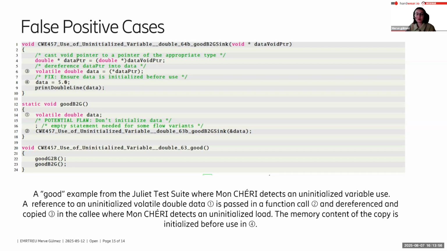Normally you don't expect a developer to write this kind of code. From MonCheri's perspective, it is still an uninitialized memory access, because the operation bound is still 0 for this data, but we are loading into another variable. From the architecture level, this is really uninitialized memory access.